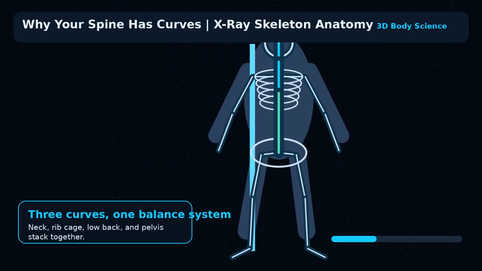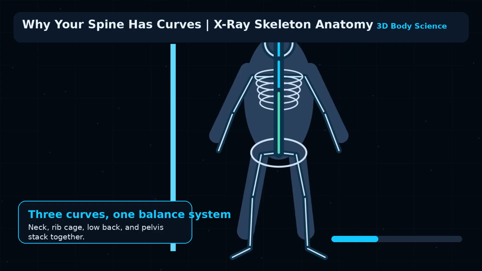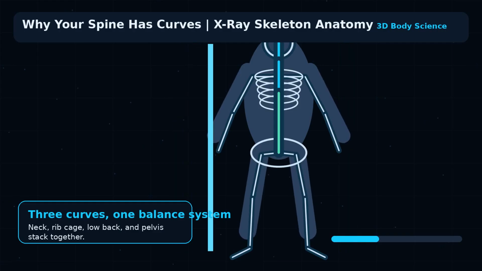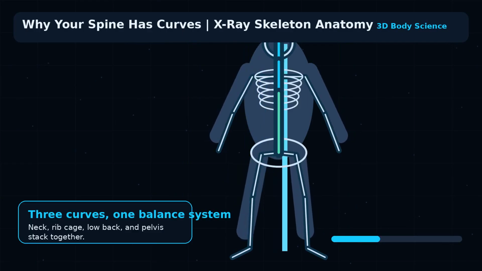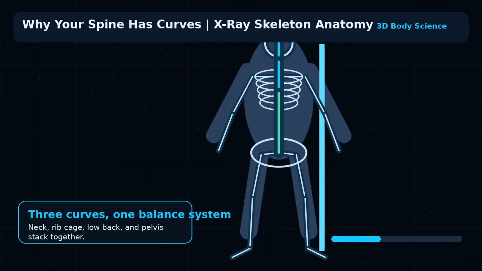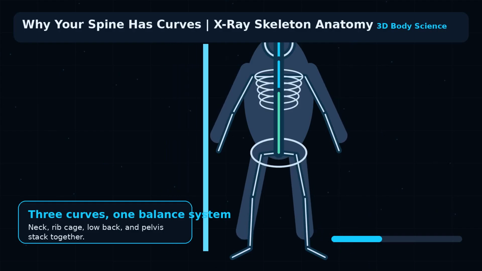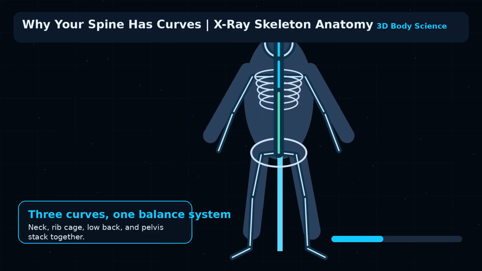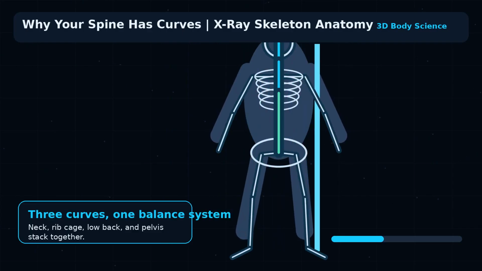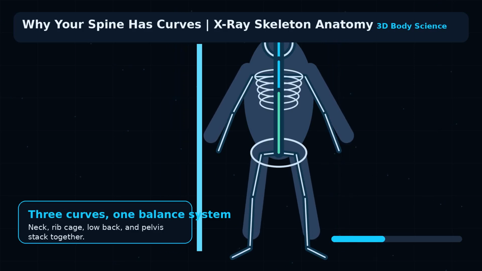The second key point is that movement is usually a chain reaction. If the joint above changes position, the joint below often changes its path. If the base shifts, the upper body has to rebalance. This is why the X-ray view is useful. Instead of staring at one painful-looking or strange-looking area, we can watch the full chain. We can see how the bones line up, where the load is moving, and which structures are acting like the